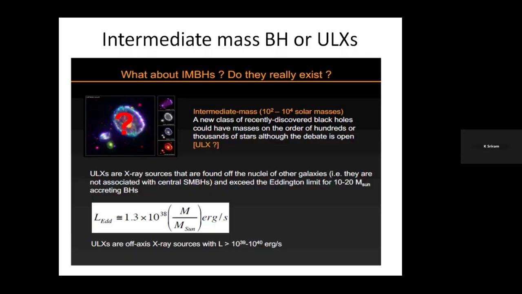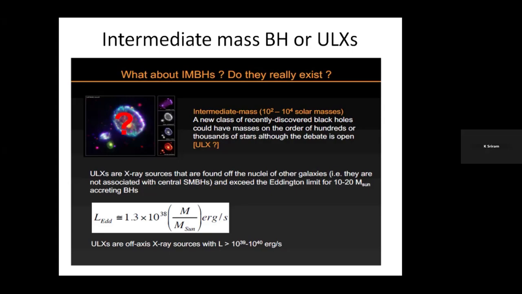I'll show you. But in between these small black holes and supermassive black holes, there is something called intermediate mass black holes, and they are more elusive in nature. When I say intermediate, that means their mass range has to be from, let's say, 500 solar mass to 10,000 solar mass. But they are very, very rare. We don't know why they are so rare, but they are.